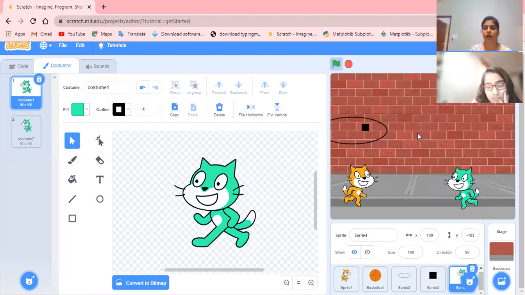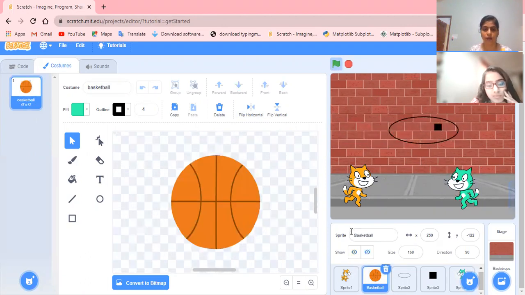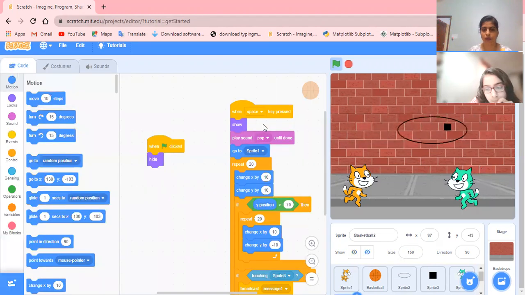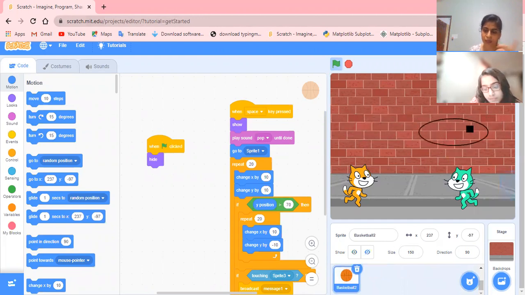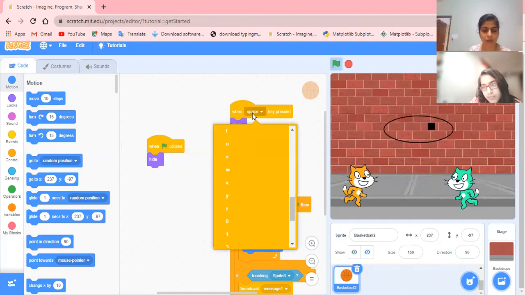Okay. Now the ball. Let's duplicate this one also. Go for the coding. Same coding, but you see, as you press the space bar, both balls have the event space key, right? This also has the space key, and downside the basketball 2 came, this also has the space key. So for the second ball, let's change the key. With W I have closed, Q or E, whatever we can go for. I'm going for E.